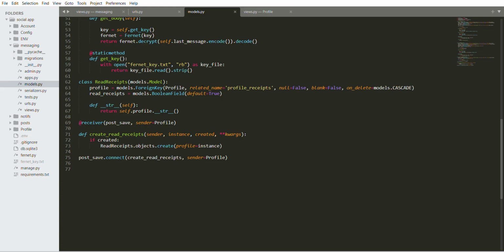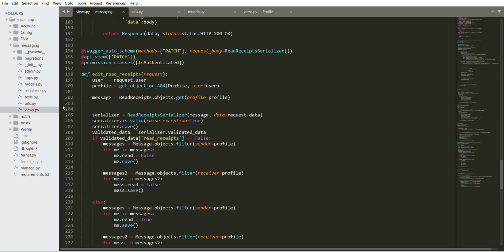So if you now want it to be a situation where you don't want them to know if you've read their message or not, read receipt is going to be set. You can now edit read receipt support. So that's what we have here for this edit read receipt. That should be a tongue twister. Edit read receipts. Edit read receipts.